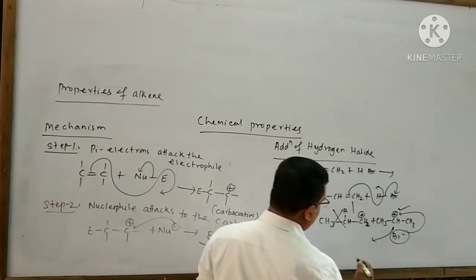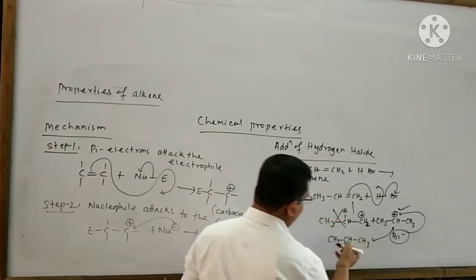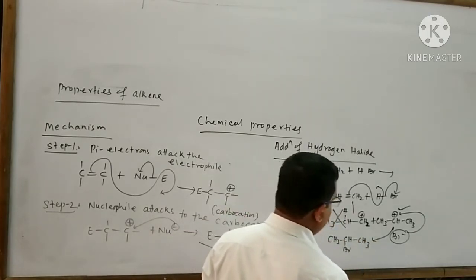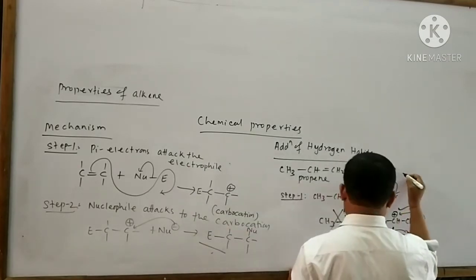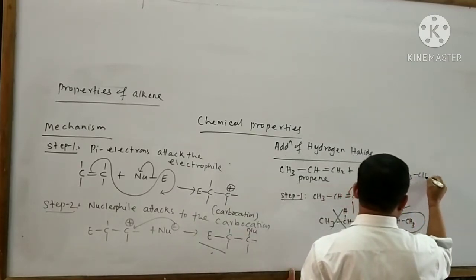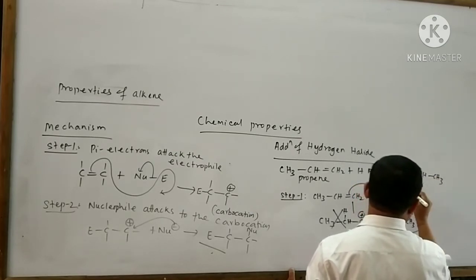As a result, the product will be CH3-CHBr-CH3. The name of this product is 2-bromopropane. So here I can write CH3-CHBr-CH3. This is said to be